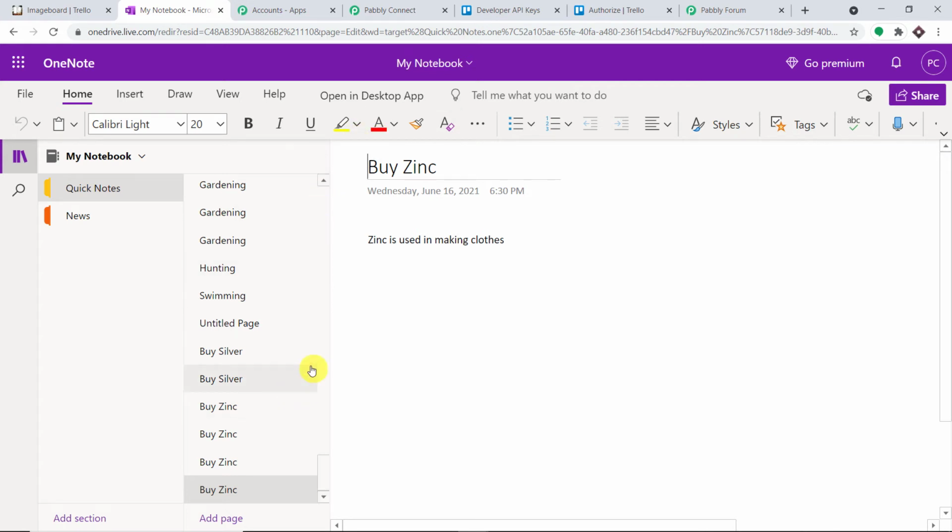And there is the problem. Basically we have three extra data with incomplete results. So we don't want this. The problem here is that when you create a card in Trello, the data is automatically sent to Pabbly Connect. And after creating a card, you are just adding the description and setting up the due date. So basically Pabbly Connect is sending the data again and again. That is why we are having incomplete results and a clone of the data.